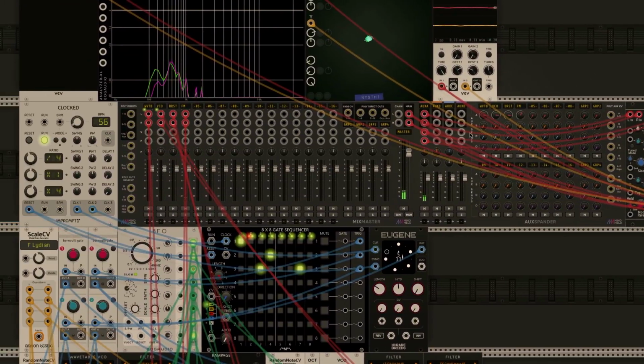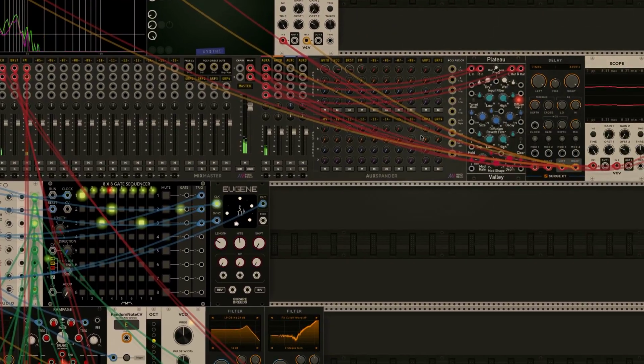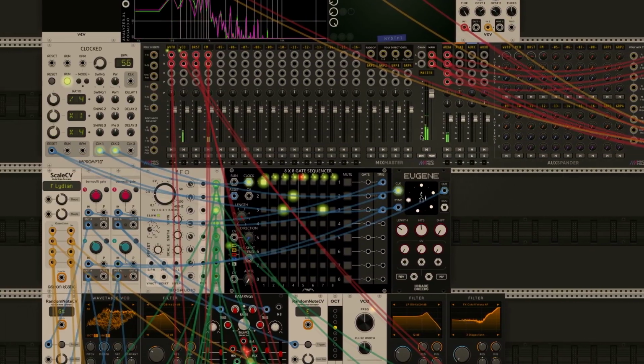So, how I built this patch, if you're interested, I have a lot of visualizers. This shows the delay, and this shows the sound before the delay. Anyway, so I have everything quantized through the Scale CV module from Aaron Stats. And then basically the clock runs the sequencer for the first 3 voices, and the final one goes through Eugene